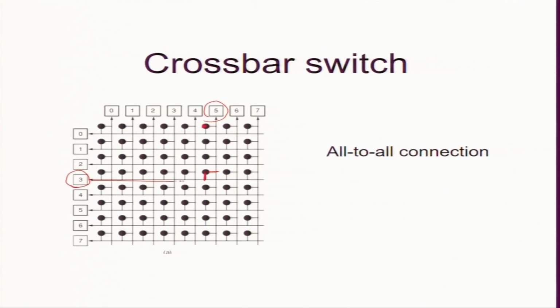So, data will flow like this and go like that. Okay. So, we have n squared switches and you just turn on one particular switch to facilitate the appropriate data transmission. This is done by, say, node 3, which will send a signal saying that I want to send data to 5, and that will automatically enable it. You do not have to do it, no person sits there and enables it, these are all electronic. Okay. So, this is all to all connection.